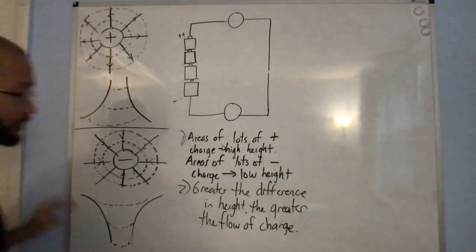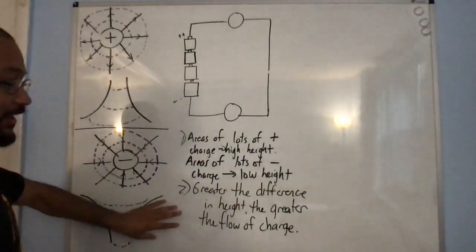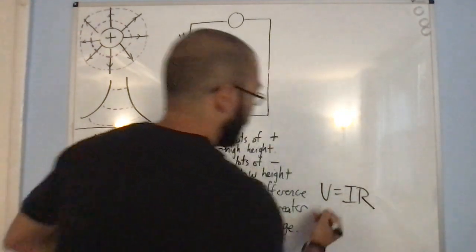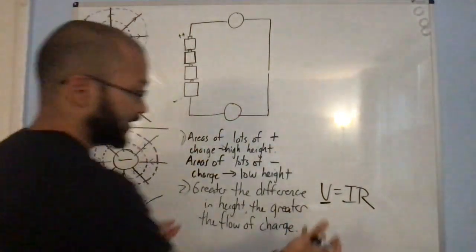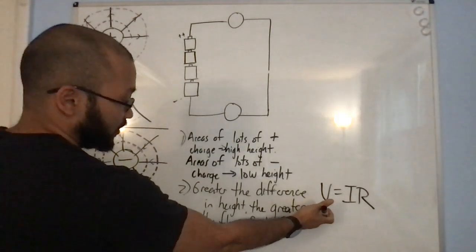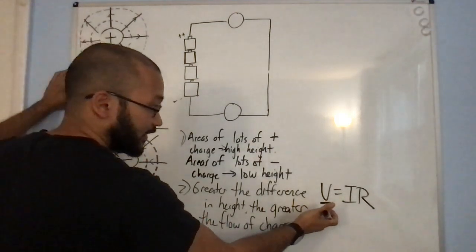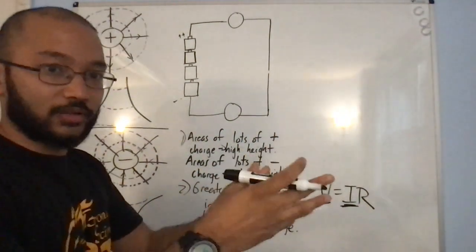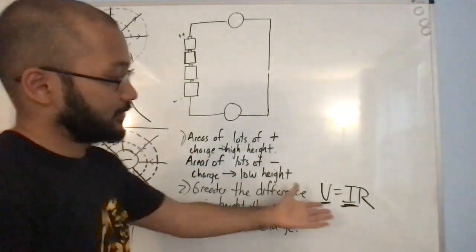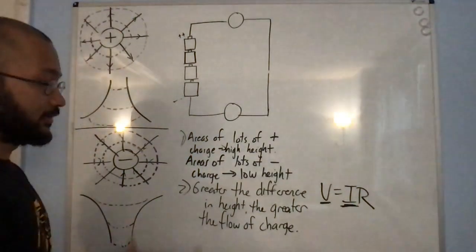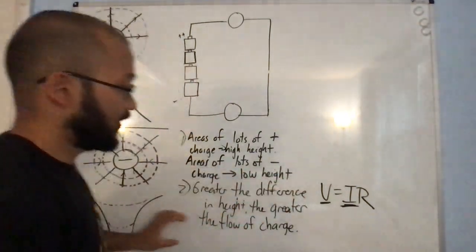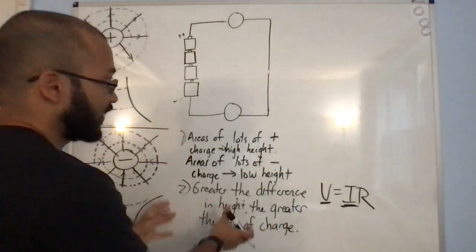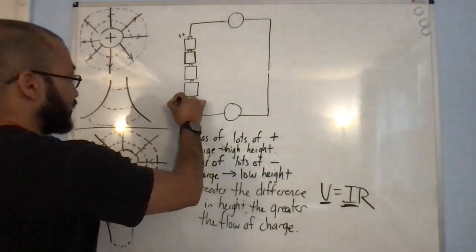of charge. Another way of saying this is really Ohm's law. V equals IR. When you have a greater difference in height, that's voltage, voltage being electric potential. So the greater the difference in height, the greater the charge flow. Current is sort of like charges flowing up through a point per second. So that's your current. So the greater the difference in voltage, the greater the current. That's just Ohm's law,